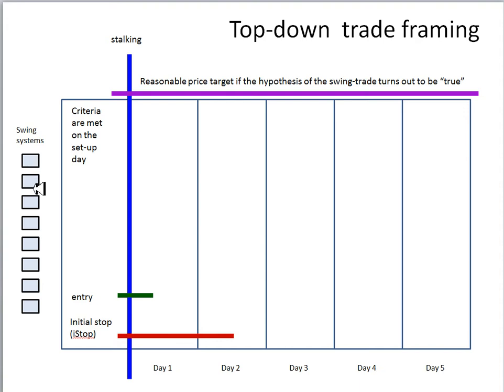So let's suppose that you have some number of swing trade systems as signal generators that are keyed to certain target or sector or market conditions, which can be coded and defined. And let's suppose that on a particular day, at the close of the day, all the criteria for that trade to fire the next day are in place. That all the price has to do is move through an entry point, in which case you would have a signal to enter the trade with an initial stop, or an I stop, that is appropriate for the particular